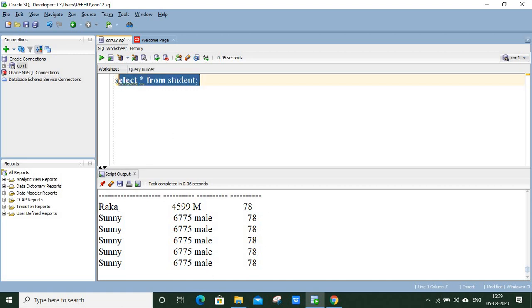One important thing is that when you try to delete some rows and there is no row satisfying the condition, then it will not delete any row. So see, we have already deleted these rows from the table.